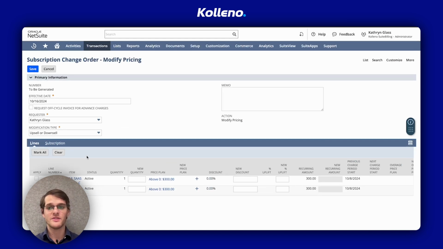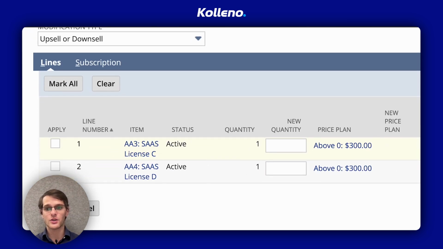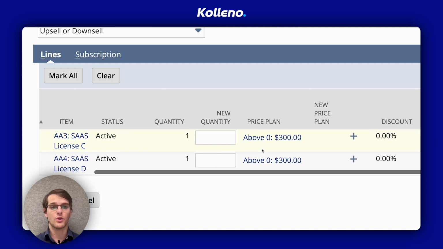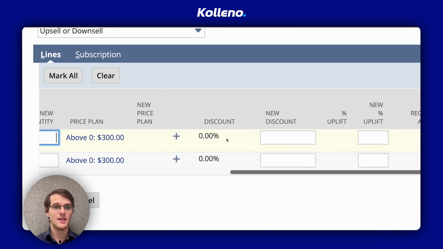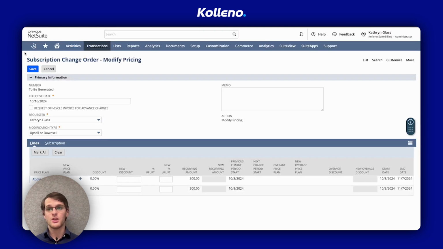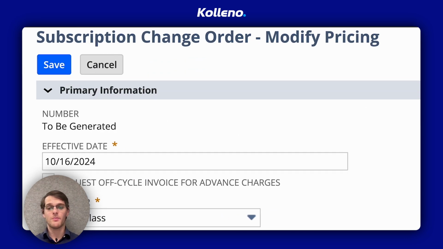When you're happy with it, you simply go at the bottom and you tick the items that you want to apply the change to. You can also change the new quantity here, discount and uplift. Once you're happy, you simply click on Save in the top left or bottom left, and that's how you modify pricing in